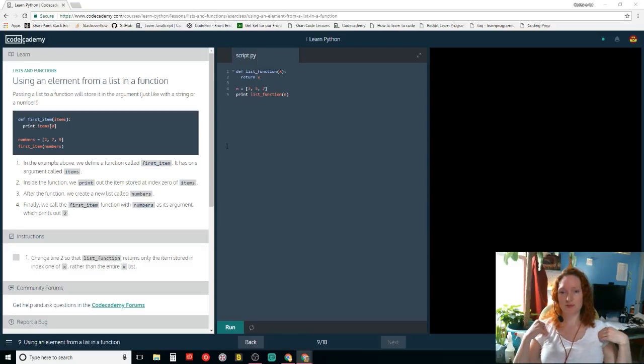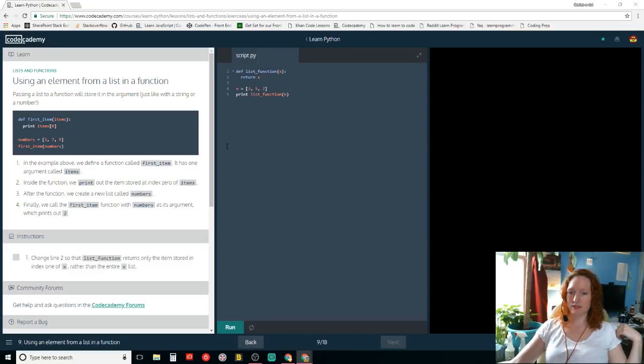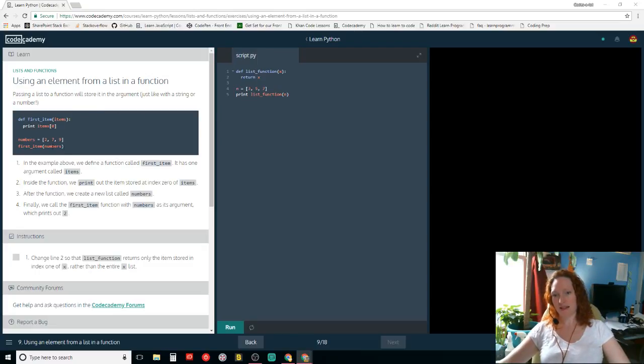Passing a list to a function will store it in the argument, just like with a string or a number. Okay. Inside the function, we print out the items stored at index 0 of items. Print item 0, okay? After the function, we create a new list called numbers. Finally, we call the first item function with numbers as its argument, which prints out 2. Yes, okay, because we're defining this function, and this function tells you to print item at 0, then we say this is the list, then we say,